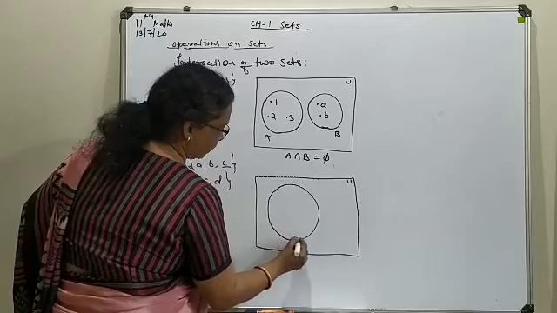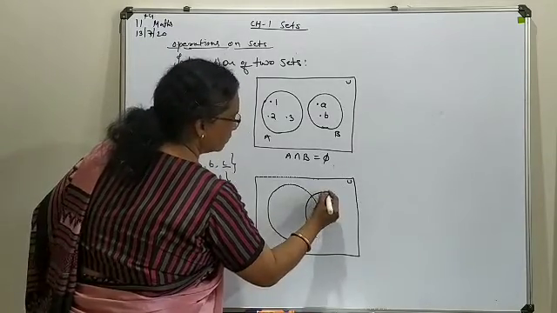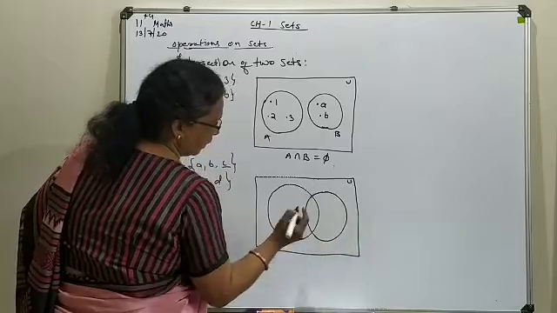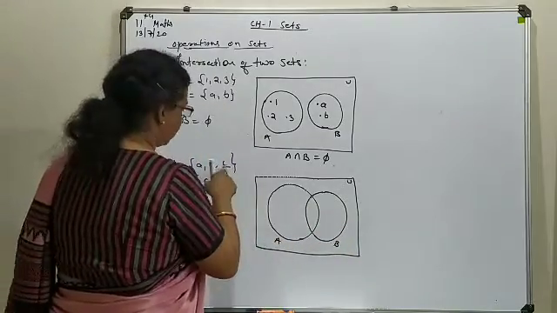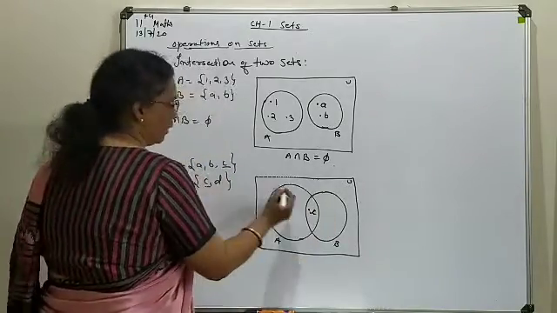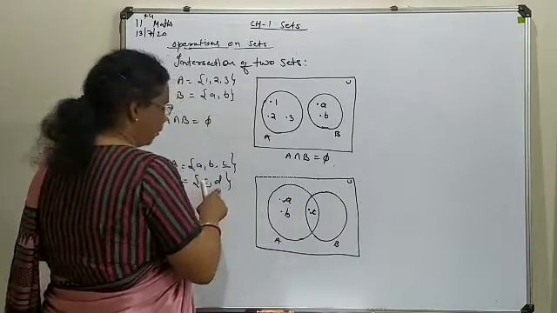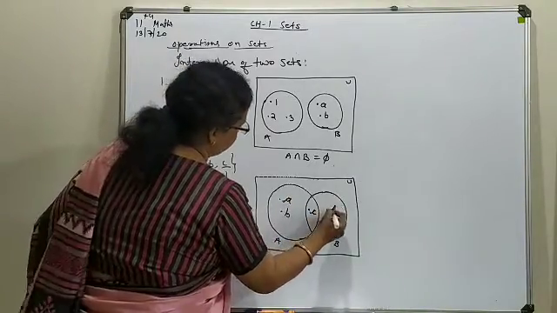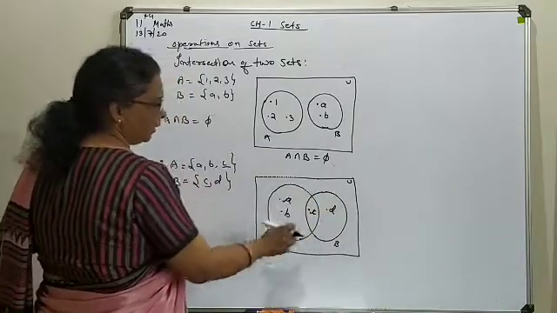Common section we have to plot. This is A, this is B. In A and B, the common element is C. So C you write here. This is your A, this is your B, and in your B it will remain with D. So this way your A circle and B circle are totally covered.